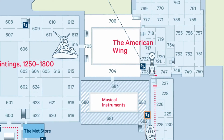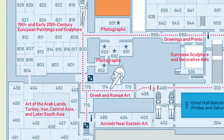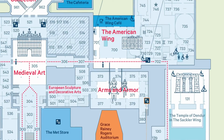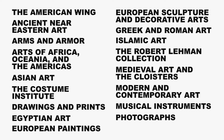It's only later that you can zoom out and really think about the building and these spaces and what they're telling us about art history, whether we're conscious of it or not. The Met is what's called an encyclopedic art museum, whose goal is to represent a broad spectrum of places and times and kinds of objects. And there are more than 2 million objects in the Met's collection, only a portion of which is on view at any one time. The objects are divided into 17 departments, each overseen by people trained in that subject area,